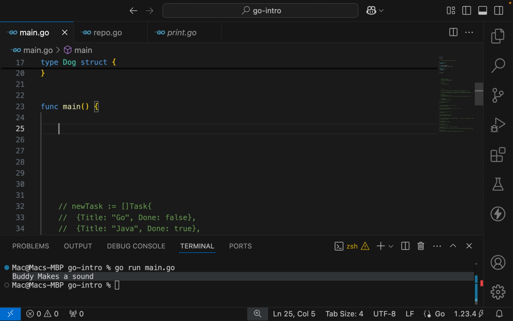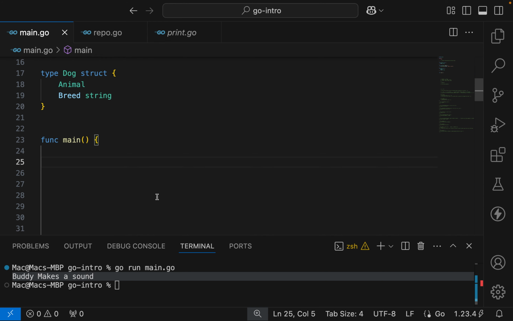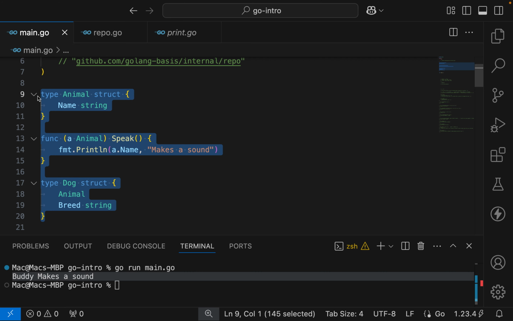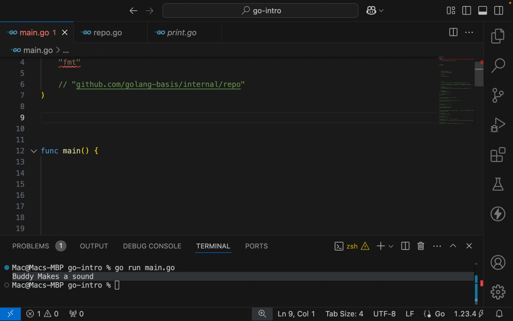So in an interface you have a method, just a method, that defines the behavior. What that means is that a struct can implement the method of an interface, or can implement the interface. Okay, let me just give us an example here. What we are going to do now is have a type